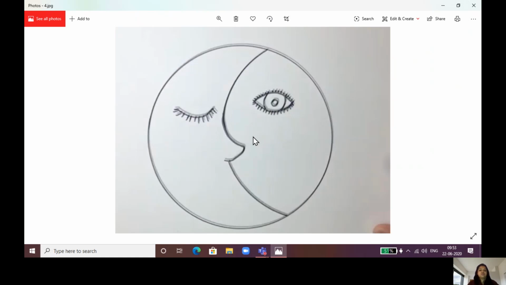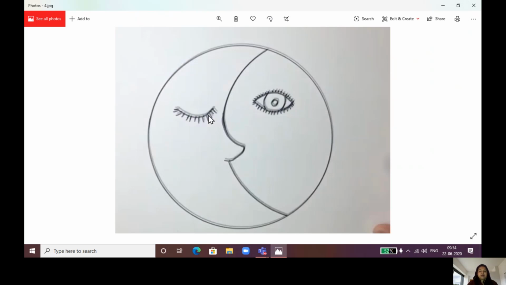Moving ahead, after the nose, we're going to make eyes inside the circle. Obviously two eyes, but one eye I made a sleepy eye, curved downwards with some eyelashes, and one open eye on the right hand side. So why a closed and an open eye? Because as you can see, half part of the circle is a moon. If you can guess, a half-shape moon with the closed eye, because generally we can see the moon in the night period, and at night we sleep.